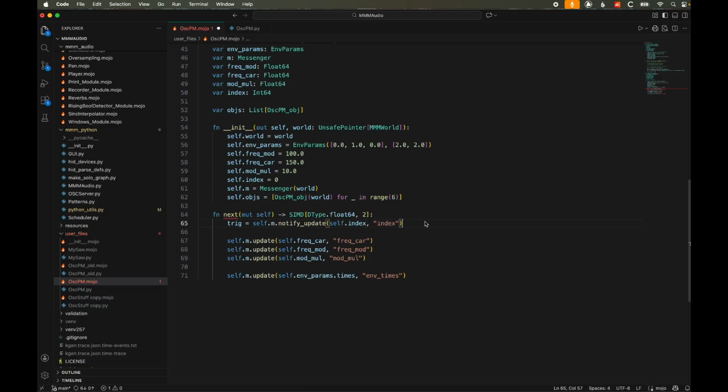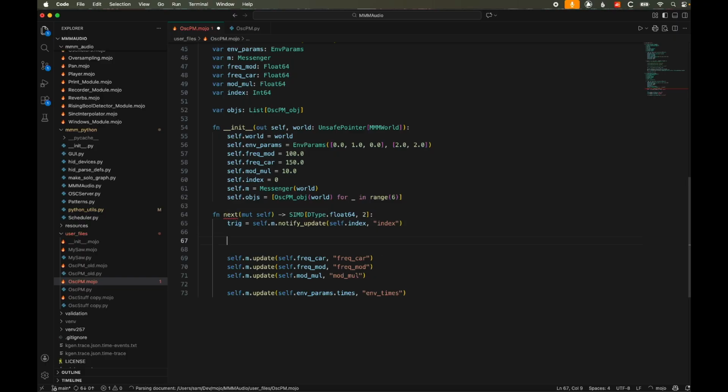So what does this say? This is a funky piece of syntax. This says that we're going to be sending an integer. If we receive an integer, it will reassign that value to index, and the trigger will be true for one sample. Then the next sample trigger is false again, and it's waiting for the next trigger. We want to do certain things if we receive a trigger. So we say if trig,